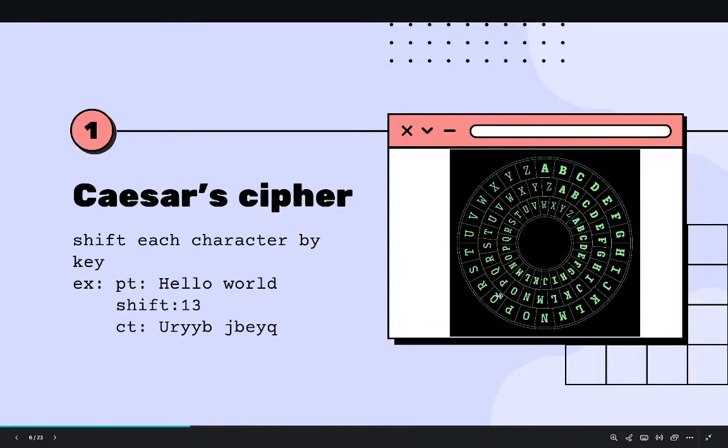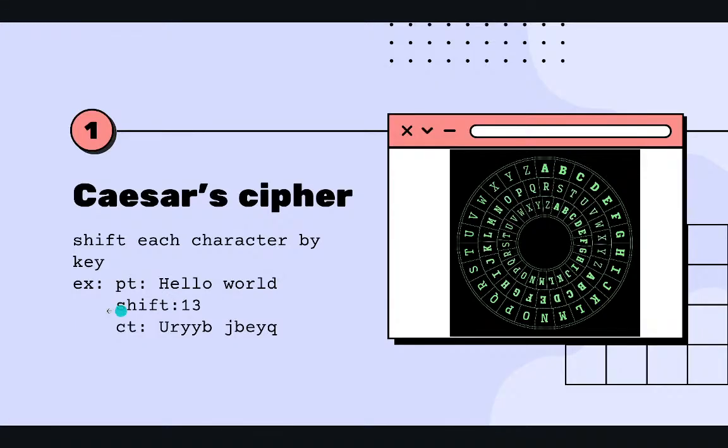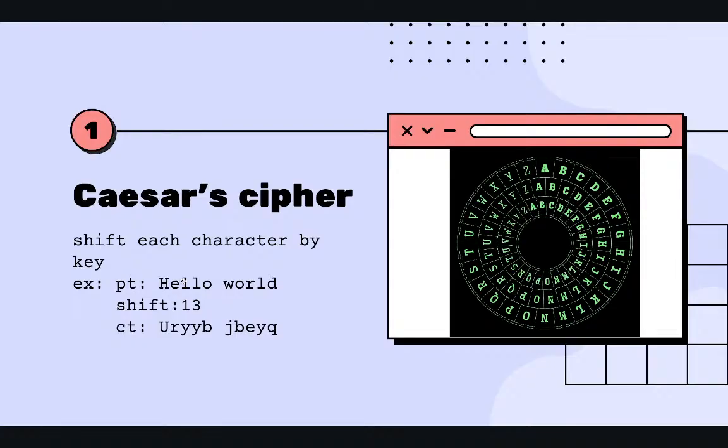Caesar cipher, named after the great Julius Caesar, is a very basic cipher. To encrypt a message, to encipher a message in Caesar cipher, you take the plain text and apply a shift to each of the characters of the plain text in the message. Let's take this example, hello world. The first character in this plain text is H, and you'd apply a shift to it.